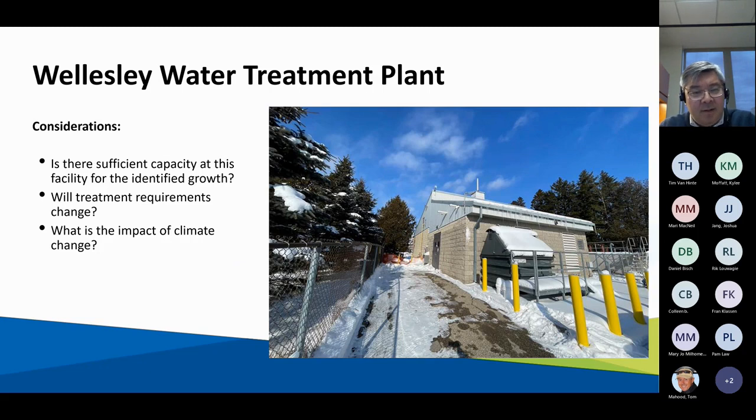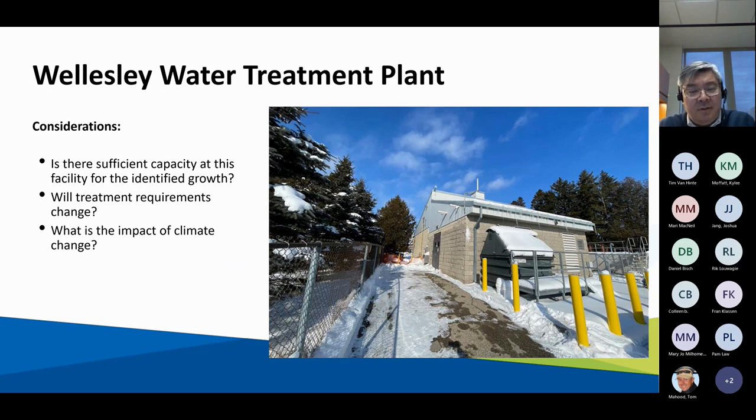For those that drive by it, they know that currently we're upgrading the facility by modernizing some of the equipment, replacing old parts, and creating some efficiencies in the water treatment process. However, we are not expanding the capacity of the water system right now. But in terms of the master plan, some of the considerations that we are thinking about include, is there sufficient